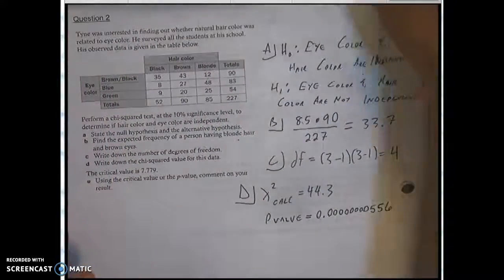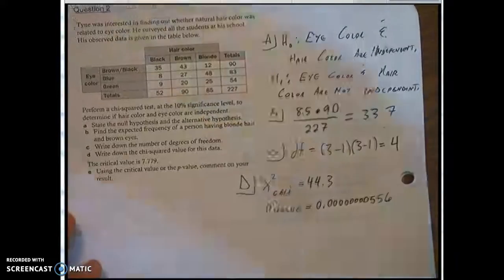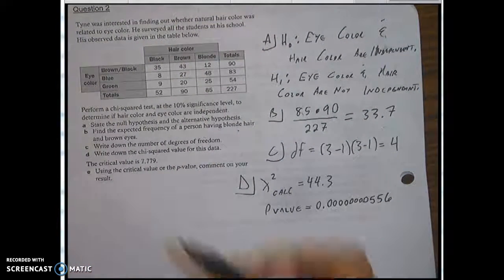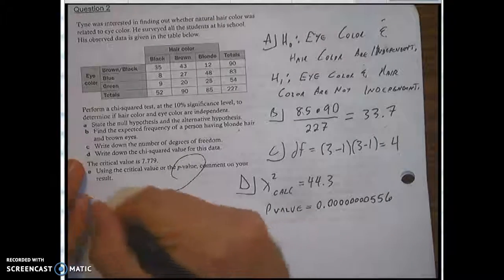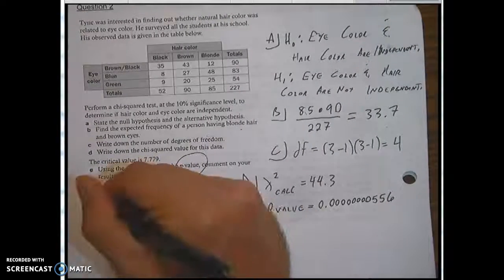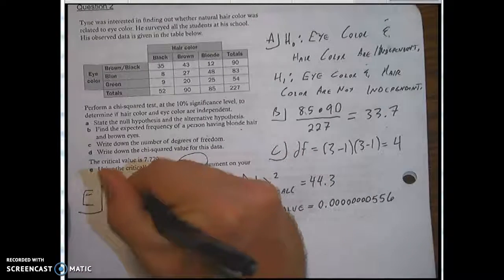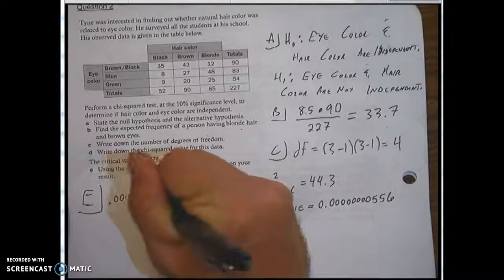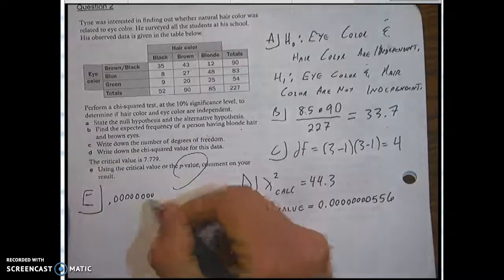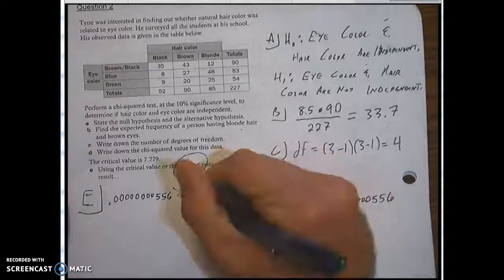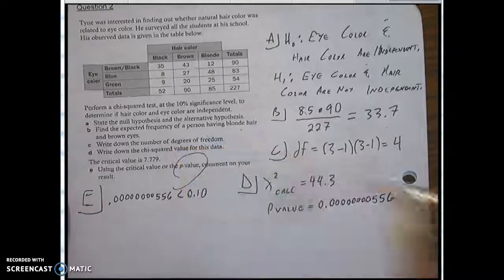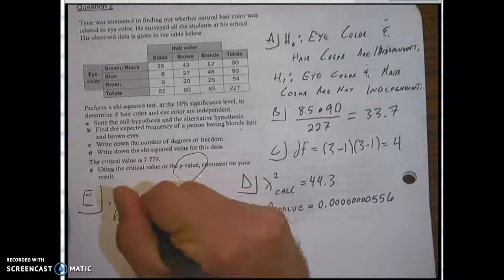So in part E here, using the critical value or the p-value, I always want you to use the p-value. Comment on your result. So in part E, just do that right here: my p-value of 0.00000000556 is definitely less than the significance level of 0.10. Therefore, I'm going to reject the null hypothesis,